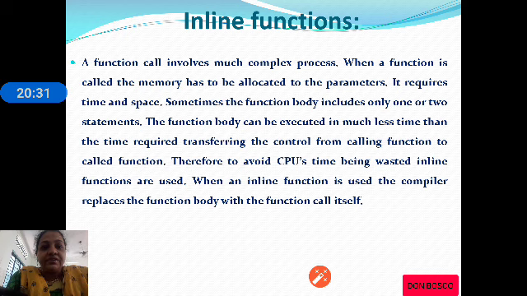When an inline function is used, the compiler replaces the function call with the function body itself. When a function is called, the control transfers from the calling function to the called function. Sometimes a function is very small.